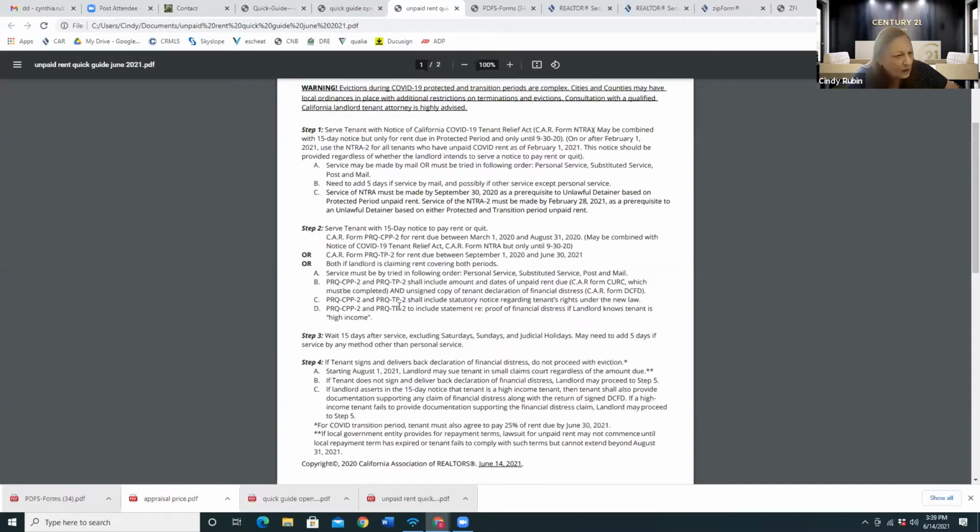Okay. Both forms shall include statutory notice regarding tenants' rights under the new law. Okay, well then they're already in there. And both are to include a statement, proof of financial distress if landlord knows tenant is high income. So I think I do have,